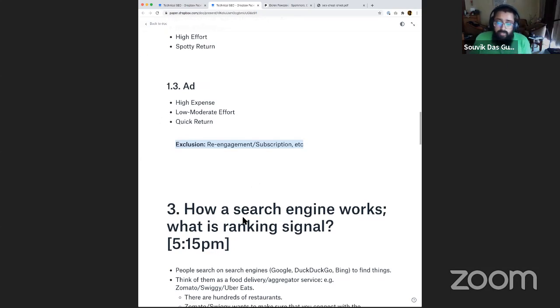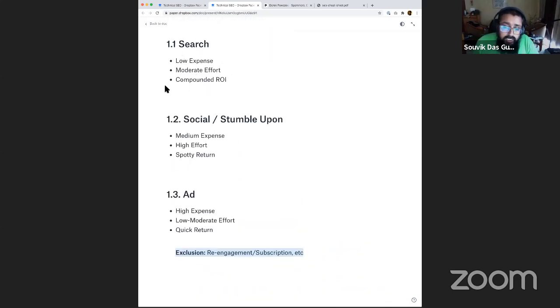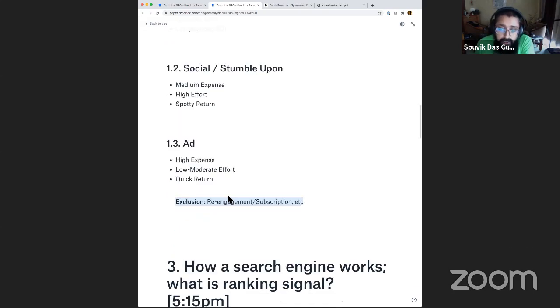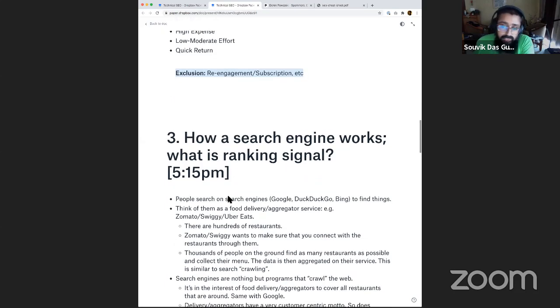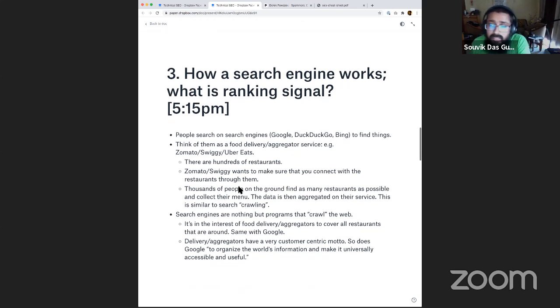So the next point that I want to discuss is how a search engine actually works, if you are focusing on this part, search. Although in reality, whenever we are talking about SEO, we really mean that we want to get more and more new people to our website, to whatever we are publishing. When I go later into technical SEO, you would notice that it goes beyond the scope of search as well, into the other parameters also to a certain extent. But let me start with how a search engine works. Ranking signals I will discuss a little later, but anyways.